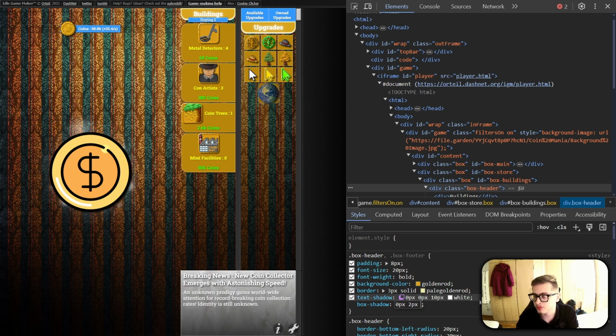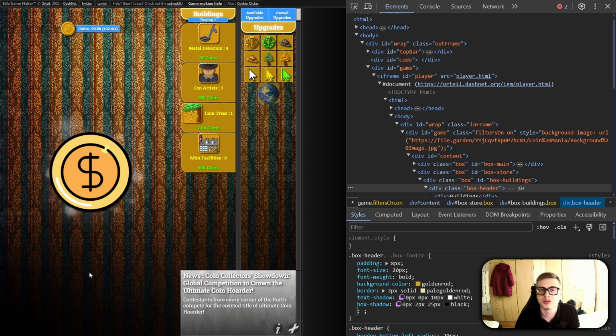Then the third value position is the blur radius of the shadow, which I want to be 25 pixels. And the fourth value position is the color of the shadow, which I want to be black. And with some simple CSS, our headers look a lot more alive and fit a lot more with the theme